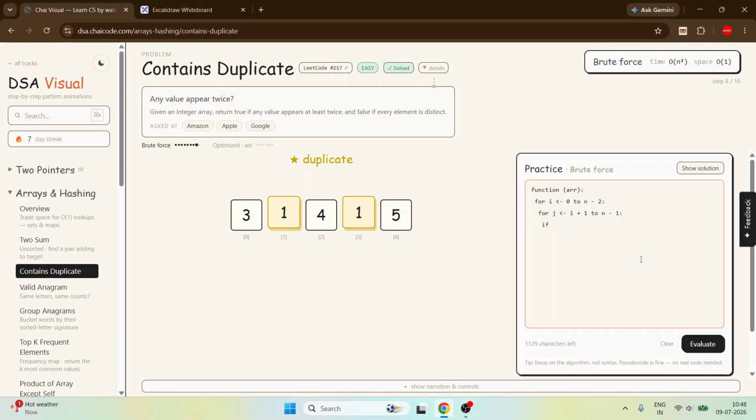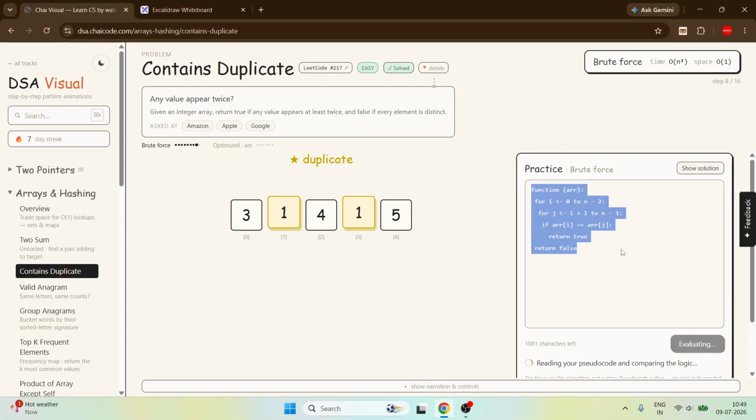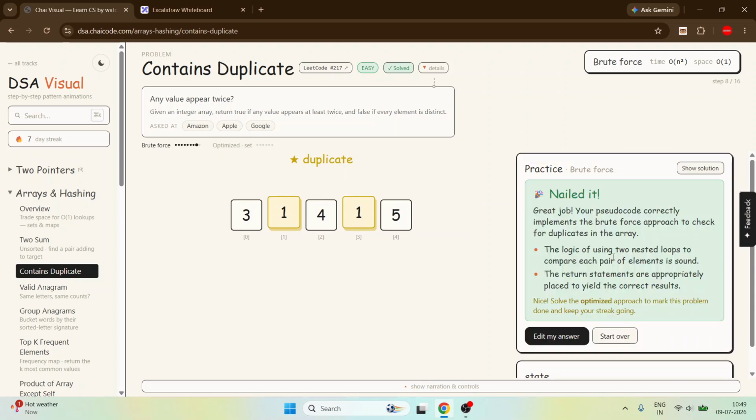If arr of i is equal to arr of j, if it is happening, that means we are getting the duplicate element. For this, just return true. Okay, and if we don't find anything, just return false. That's it. Let's evaluate it. We just nailed it. Let's go to LeetCode.